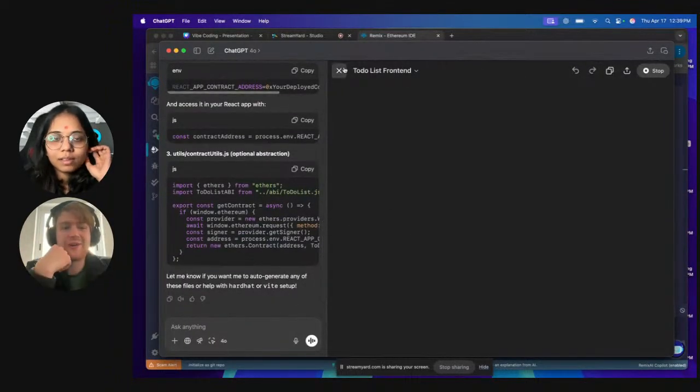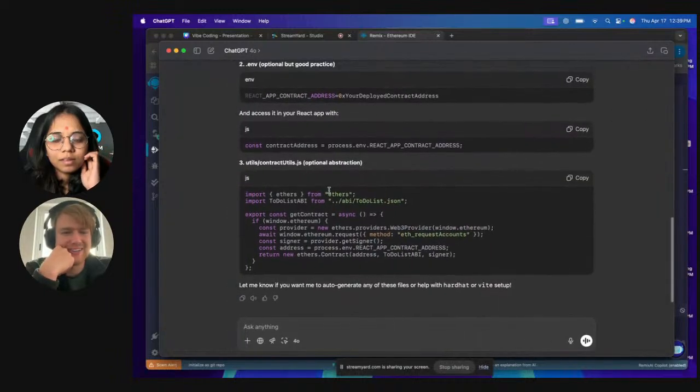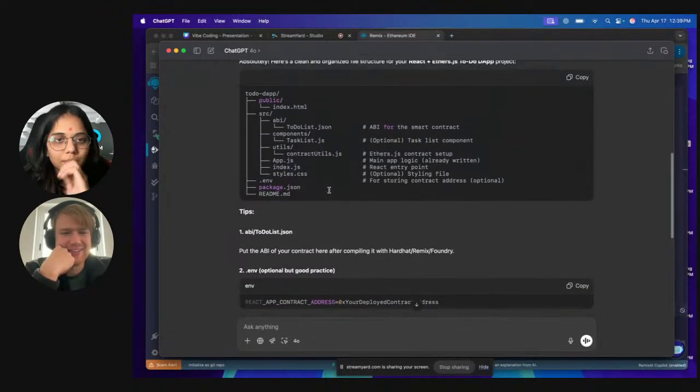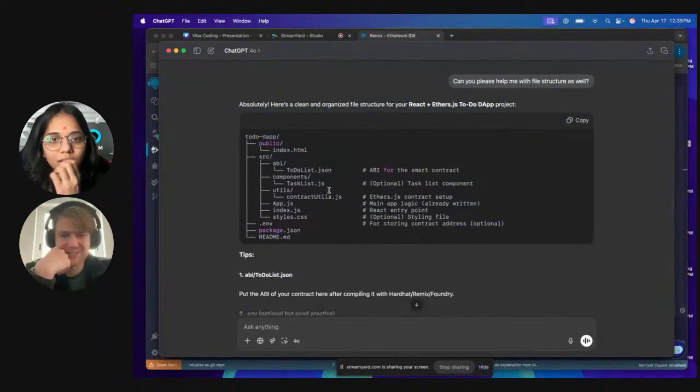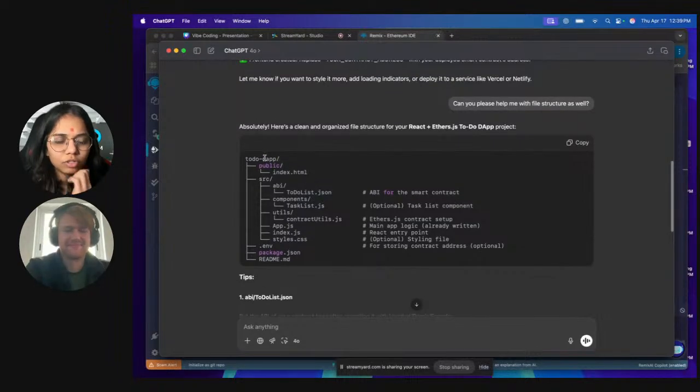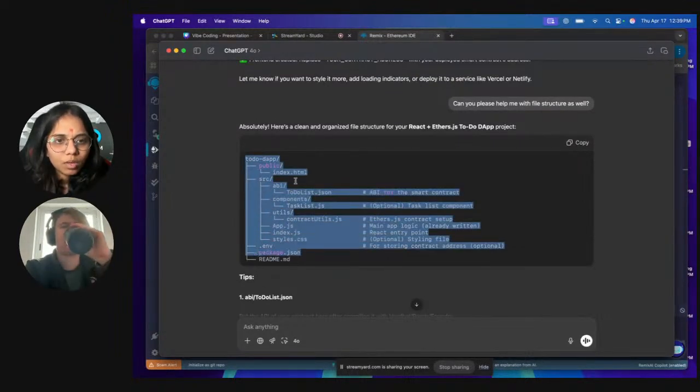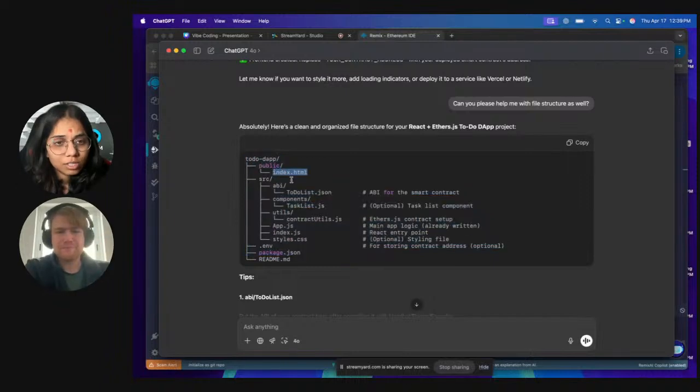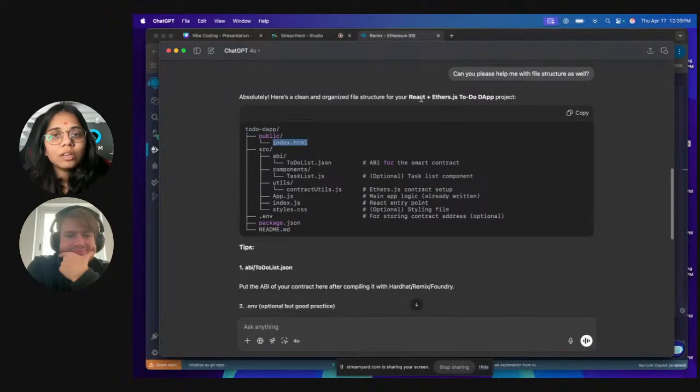If you could go over what it created, that could be good. The file structure: what it has given us. So we do have index.html. Now here we don't want to use HTML, right? I have asked it to use React, Ether.js, and